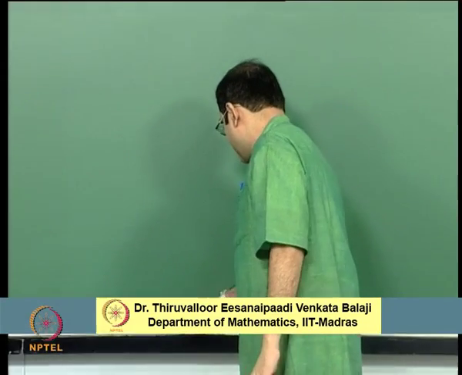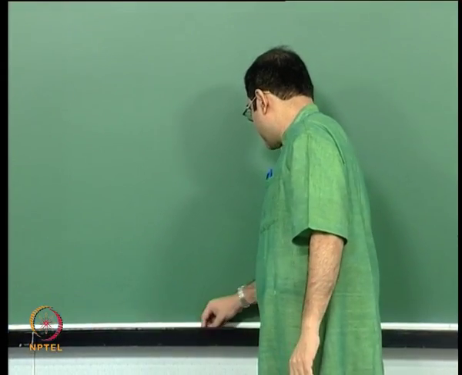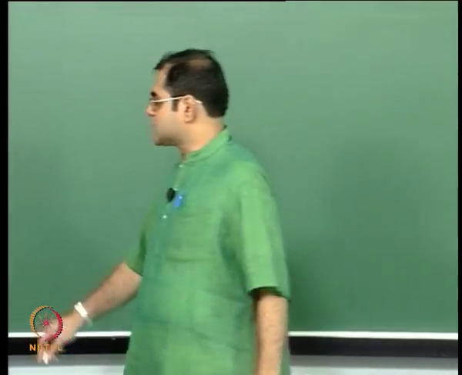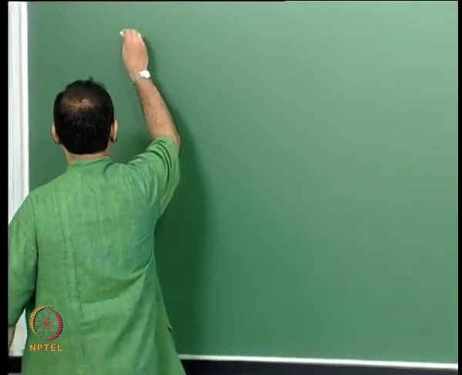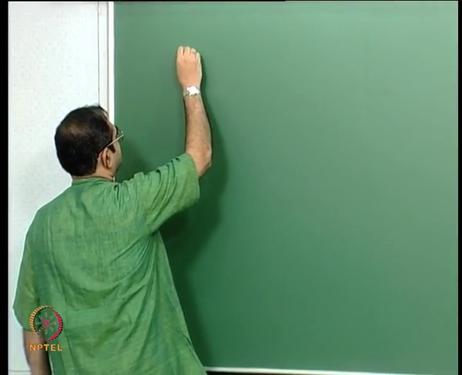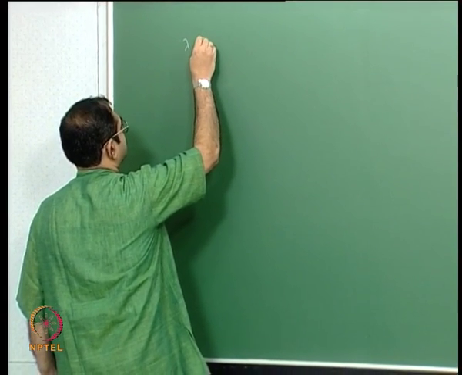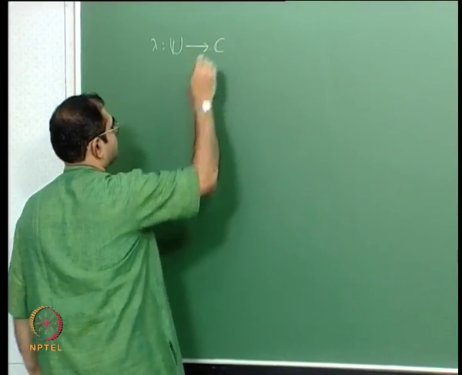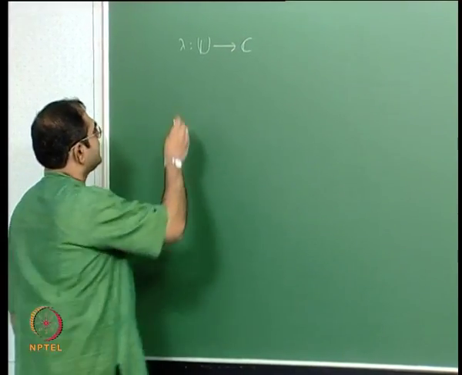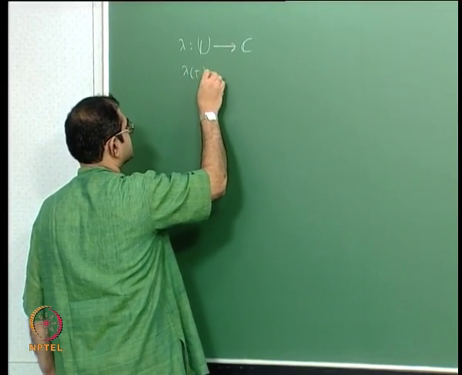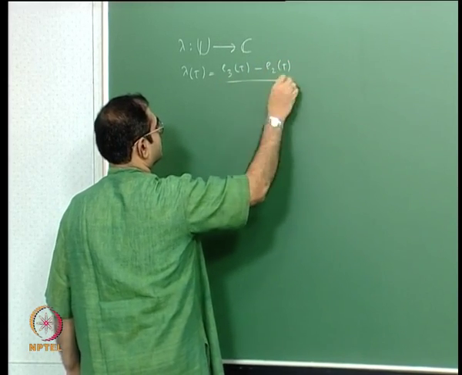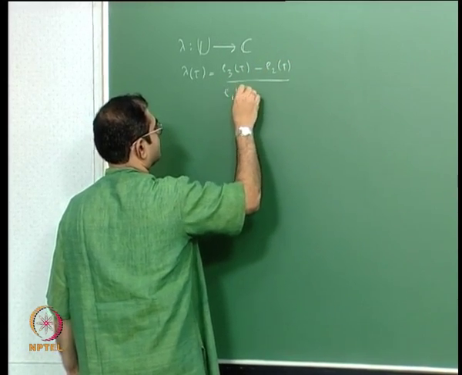Okay, so let me quickly recall where our discussion is at this point of the course. So we have this function lambda of tau. This function lambda is defined on the upper half plane with values in the complex numbers. Lambda of tau was defined as E3 of tau minus E2 of tau by E1 of tau minus E2 of tau,